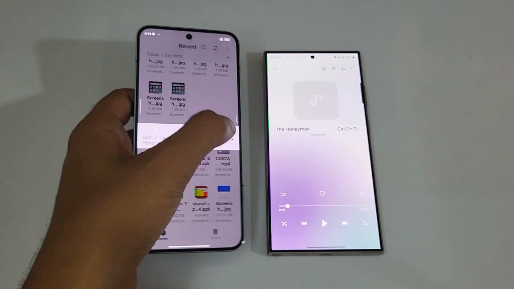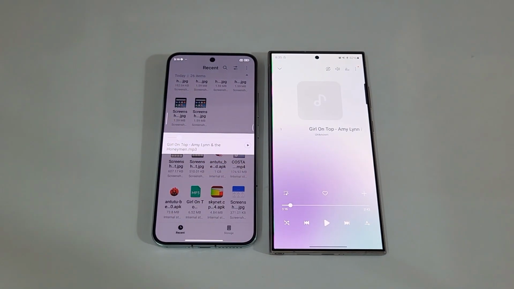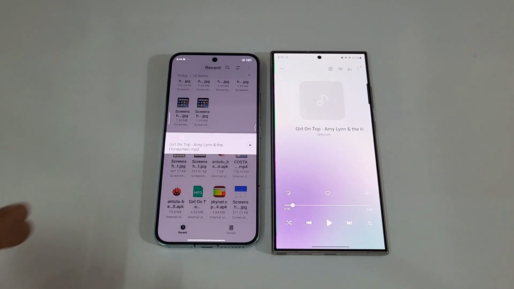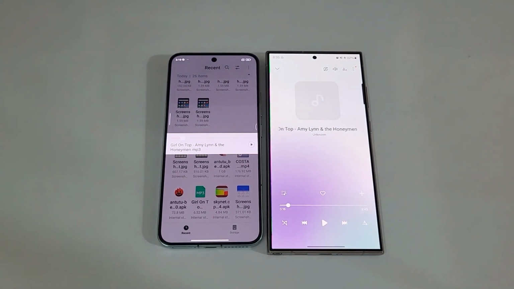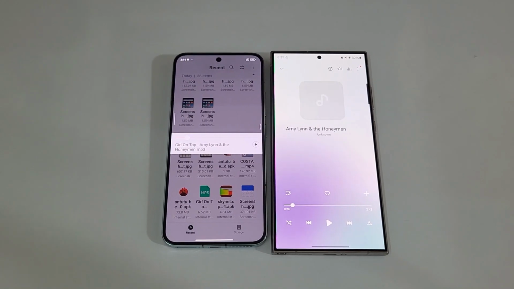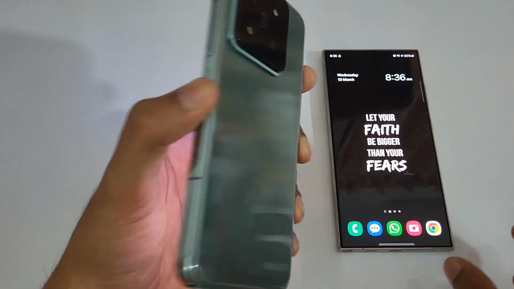So again, I could mention the Samsung as a clear win in terms of the stereo speakers, the quality, the loudness, everything. That's a clear win for the Galaxy S24 Ultra. Actually, I'm not comparing these two directly, but how much difference is between these two is 70K versus 1,25,000 rupees. Next, regarding the performance, actually I'm mentioning the Xiaomi 14 over here because the thing is,